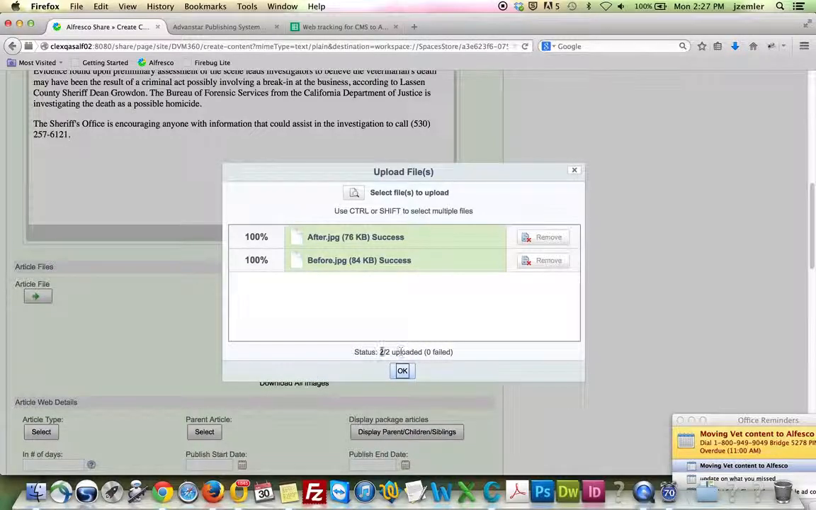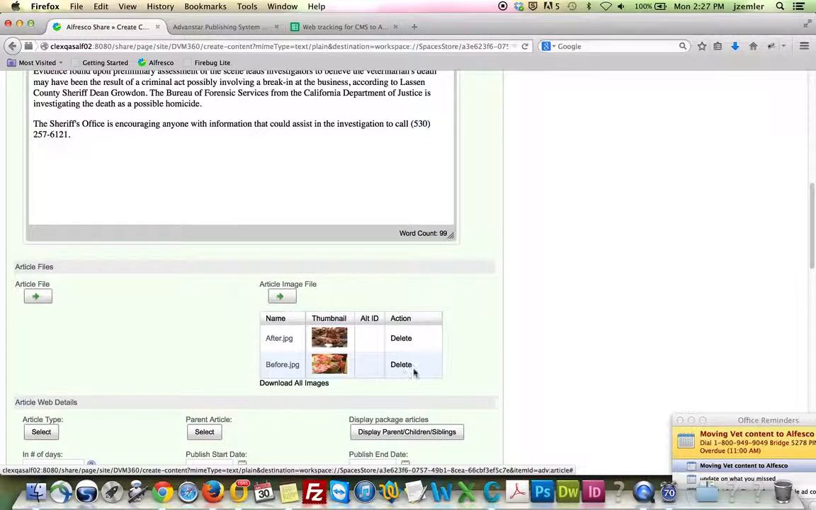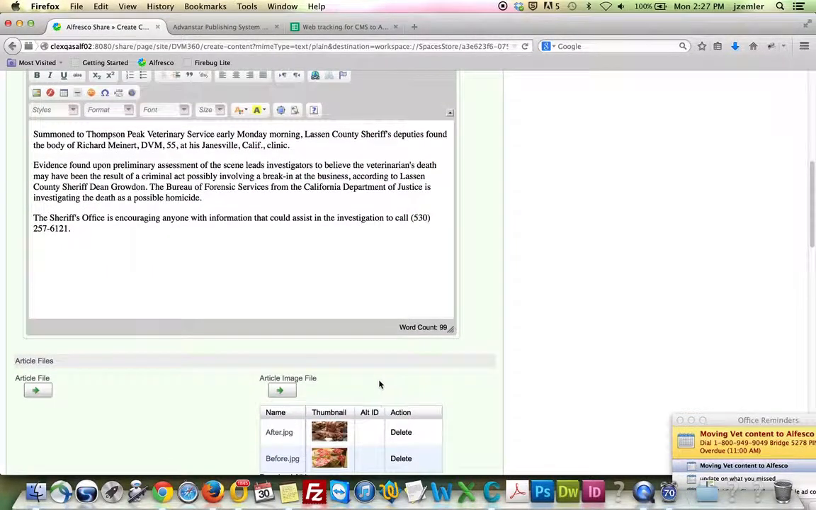Shows me the status here at the bottom if any failed. Just try it again. Then when I press OK, I see them both right here. So now what I can do, let's say that I wanted the before picture next to the first paragraph, and